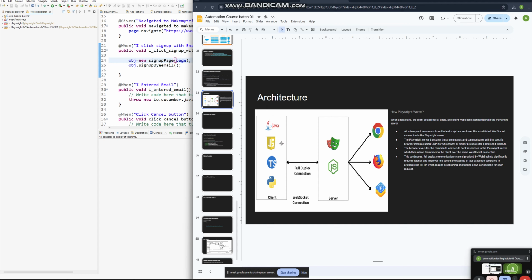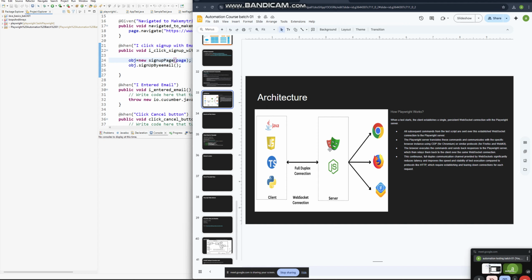So first you write all your code in any language as per your preference, and then when you call Playwright.create, you start the WebSocket connection. Then you declare the browser, what browser you want to use. Then you declare the context. Context means an isolated session it will create in the browser. That session will only be used for that particular test script you are running, and that's how the execution takes place. So when you call Playwright.create and declare the browser, then through WebSocket,